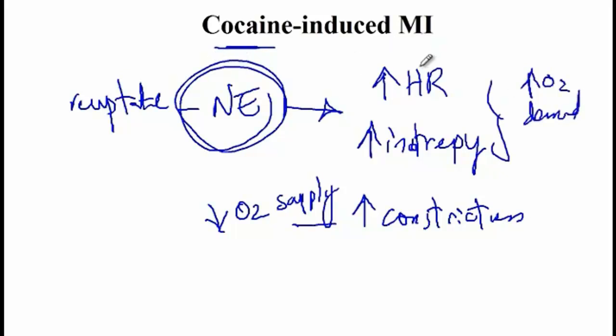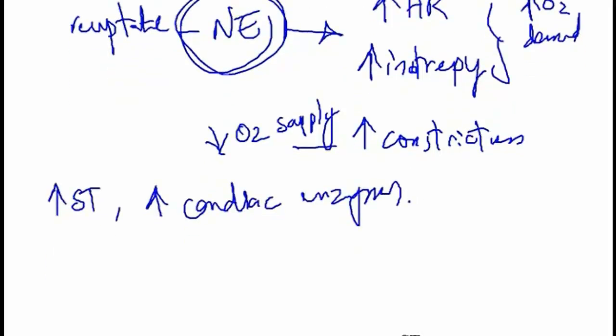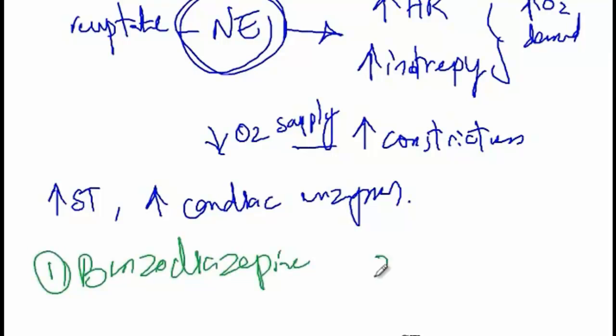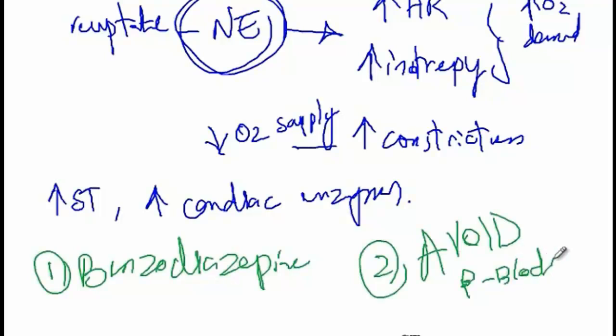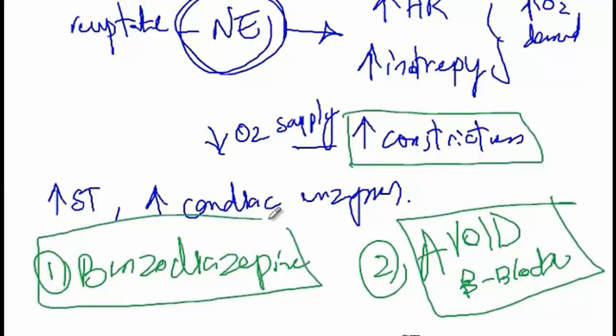So these patients are at increased risk of developing myocardial infarction, which presents with ST segment elevation and elevated cardiac enzymes. And for the treatment of these patients, what you can do is that you can provide them with benzodiazepine to alleviate the symptoms, and you must also avoid beta blockers. So what happens if you give them beta blockers is that there would be more norepinephrine that would be acting on the alpha receptors, and thus there would be increased vasoconstriction, and it will worsen the MI. So therefore, in patients with cocaine-induced myocardial infarction, you have to avoid beta blockers while you treat their symptoms by